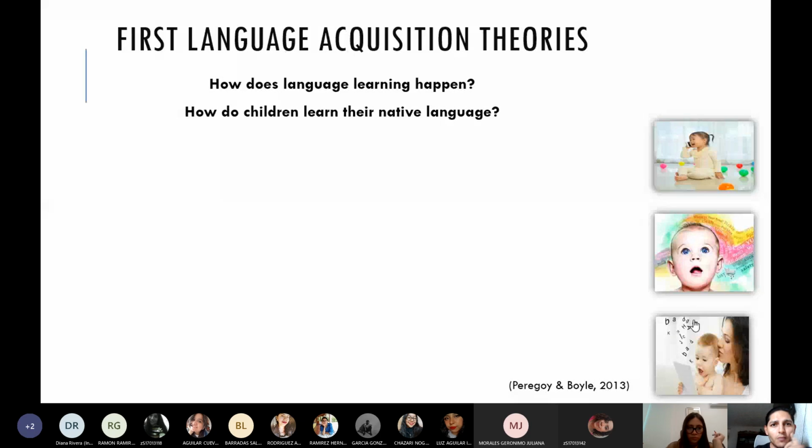Well, first, we're going to check these language acquisition theories. Okay, how does language learning happen, and how do children learn their native language? Language acquisition is an unconscious process most of the time, and a very good example of language acquisition is how you acquire your mother tongue, how you start developing sounds,